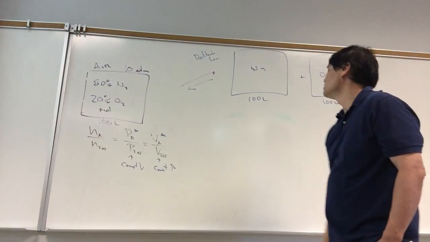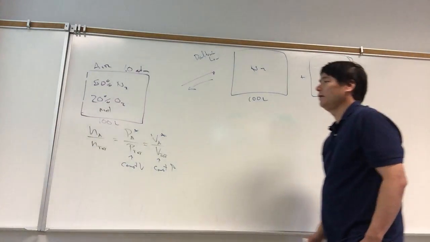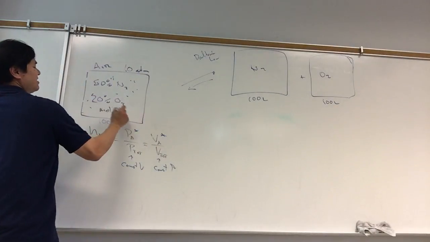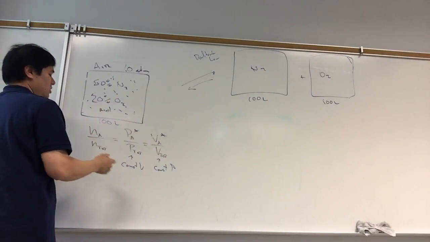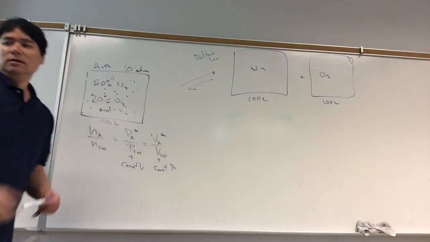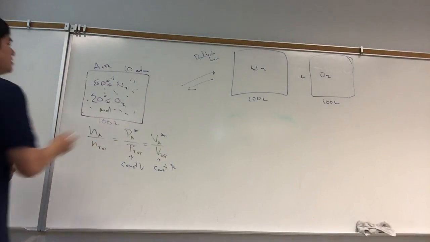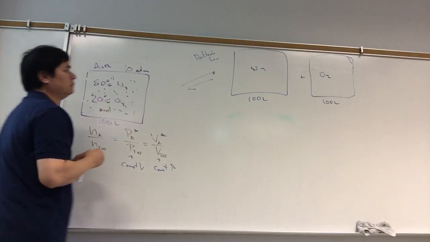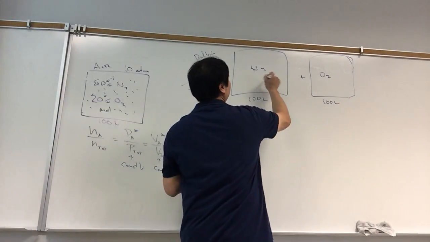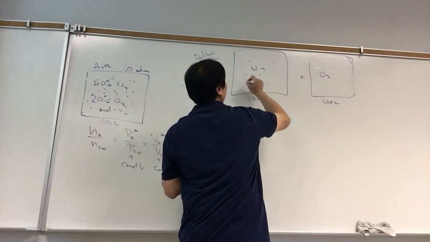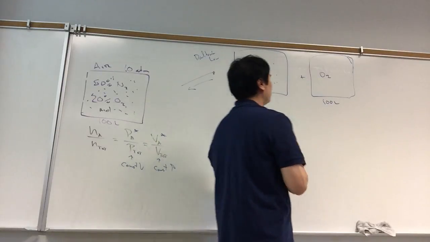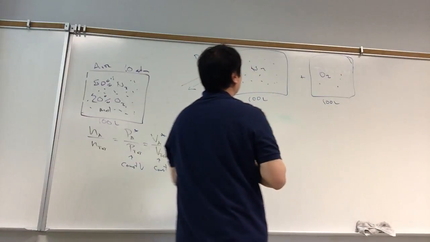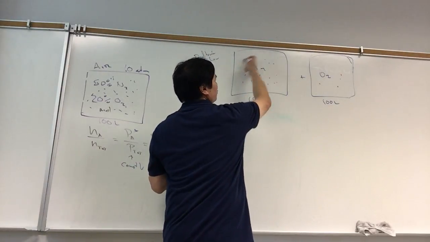100. And so the difference is now, if I put all those nitrogens in the same size box and eliminate the oxygens, the oxygens are fewer. 80% of the molecules are nitrogen. And so I put all 80% of those nitrogen molecules in this box, and the 20% of the molecules, the oxygens, in this box. And so what's going to happen is now I don't have the collisions from the oxygen,